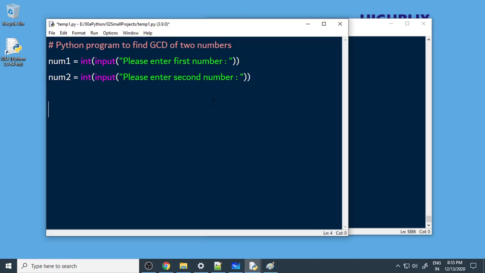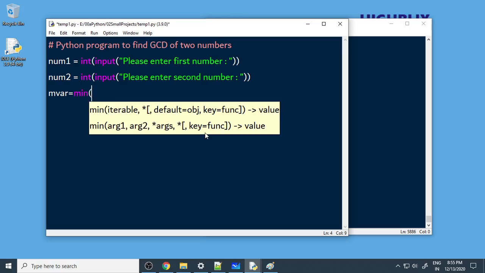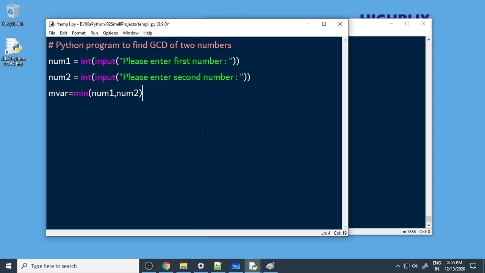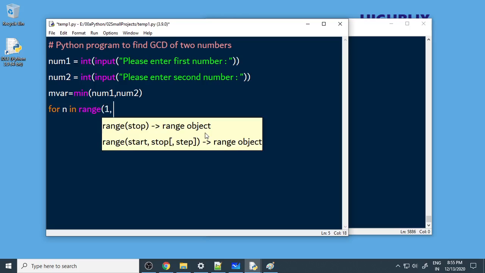Now what you have to do is we want to find out which is the minimum number between these two. For that I'll take mvar, that is equal to min. I'll use the function called minimum, num1 comma num2. I should find out which is the minimum number. Next we'll have a for loop, for n in range 1 to mvar.